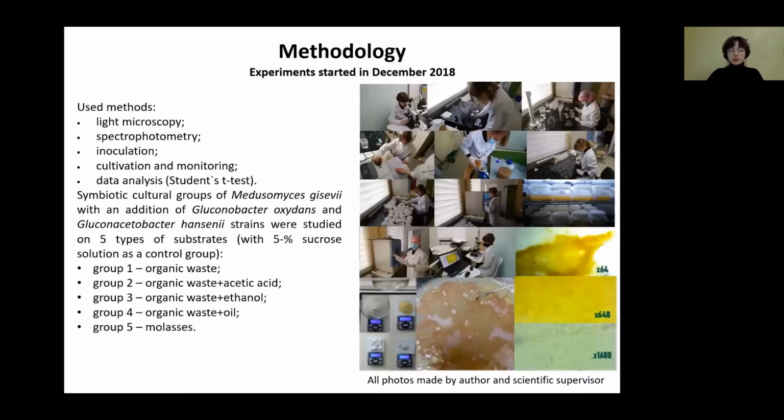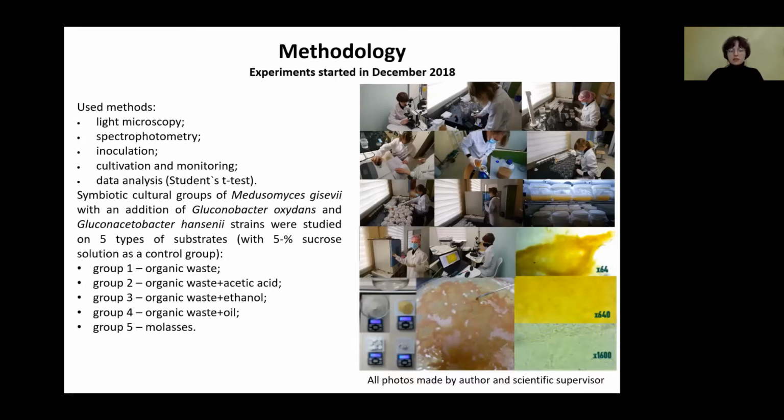Before I started my research, I had studied the morphology of the producer, the Medusomyces gisevii, with an addition of cellulose-producing bacteria strains, Gluconobacter oxydans and Gluconacetobacter hansenii. The culture of the producer was plated on modified Hestrin medium. This is an indicator medium, therefore, with the growth of the producer's cultures, yellow zones appeared around its colonies. They were examined by light microscopy at different magnifications. Thus, I discovered that the membrane contains cellulose-producing bacteria species, namely Gluconacetobacter xylinus, Gluconobacter oxydans, and Gluconacetobacter hansenii. Strain combination is the author's development.